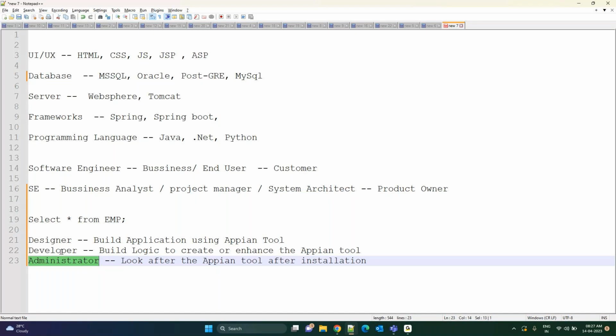But if you want to be a developer, like a Java full stack developer, who knows all the different options of different technologies of Java, by using Eclipse, creating some plugins, or Spring Security, Hibernate. So if you are technically sound in that area, then you can become an Appian developer. Okay, so these two are completely technical, but when you come to the designer, as I mentioned yesterday, if